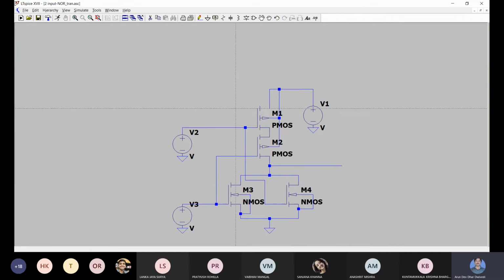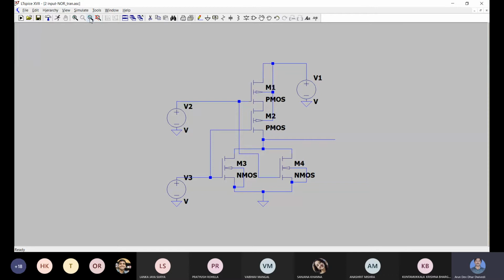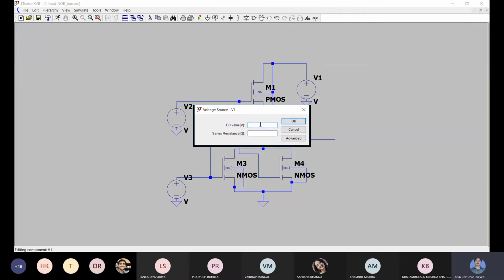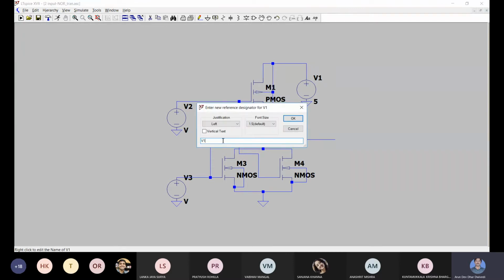So all the nodes which are connected here, like here it is showing some connection, it is connected to this gate. In between, if it is passing through some wires but it is not connected, that is because this type of node is not generated. So we can again adjust it and then reduce the size. So voltage sources are also connected now. This is the maximum power supply voltage, a DC voltage, that is 5 volt. We are connecting 5 volt to the source. This PMOS is connected to the 5 volt supply, which for this circuit we are giving the name VDD.